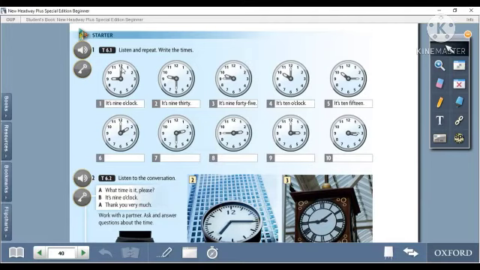So it's 9 o'clock. طيب what about this second o'clock هنا؟ What time is it? Okay, now it is